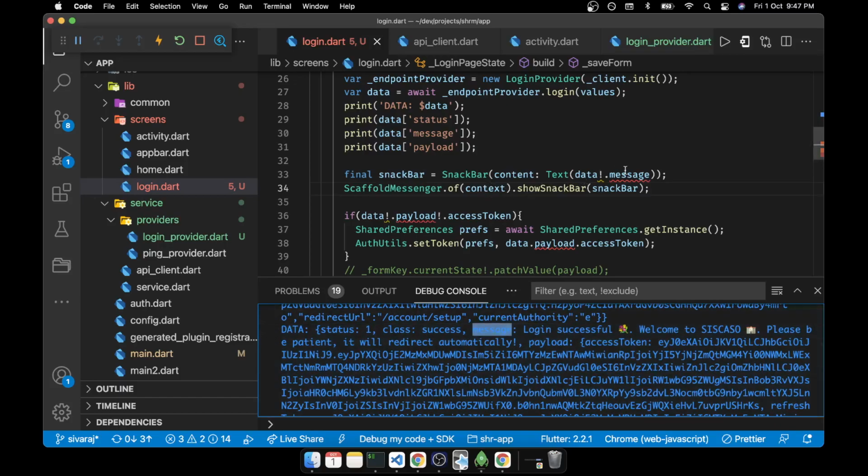The message came, but it is not showing. So okay, maybe because of this problem. data.message.